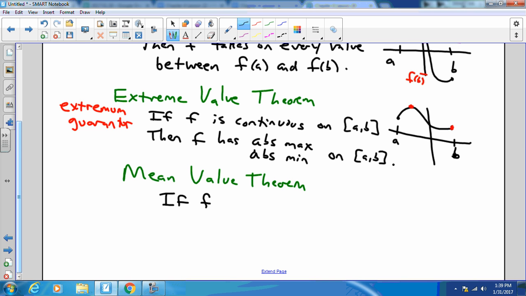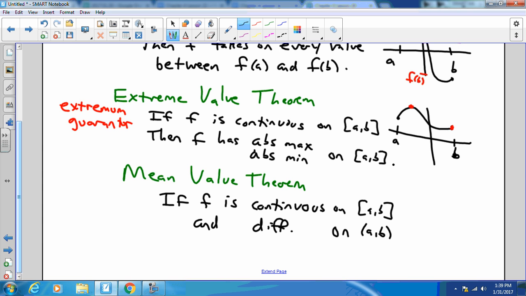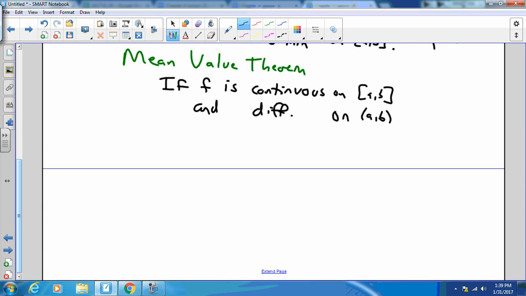If f is continuous on the interval [a, b] and differentiable on the open interval (a, b), then there is a c between a and b. Open or closed? Open. Okay. Such that